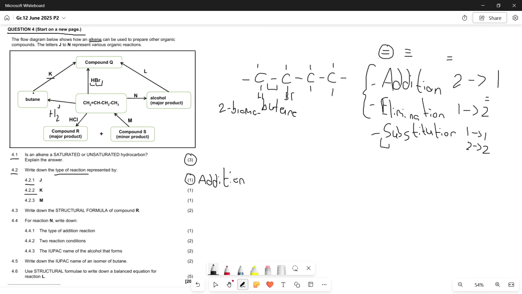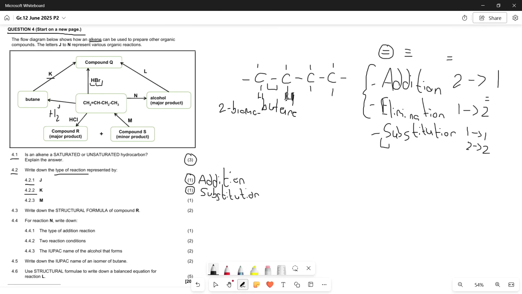And if we are looking at butane and how butane, a single bond, can go to another single bond, considering our double bond actually had to break based on our interpretation with this middle arrow over here, it means that a single bond to a single bond is just substitution, because here substitution is just 1-to-1, which means we can just write substitution over there. Cool, and that would earn us 1 mark over there,